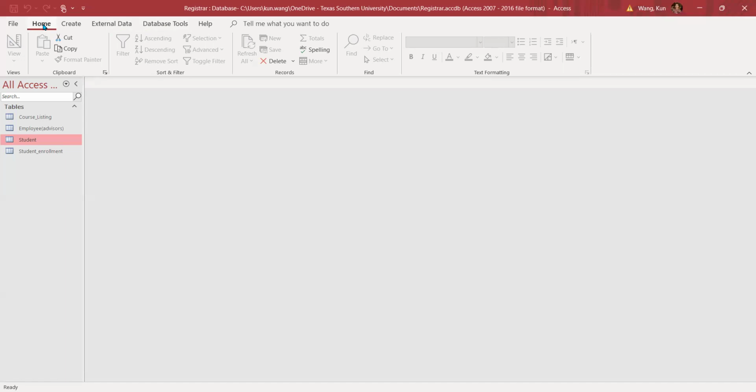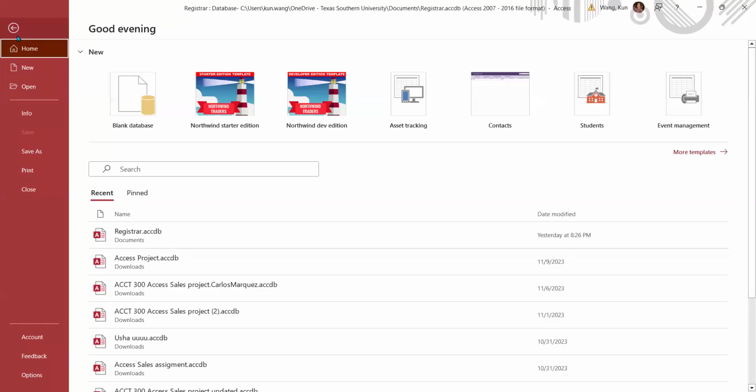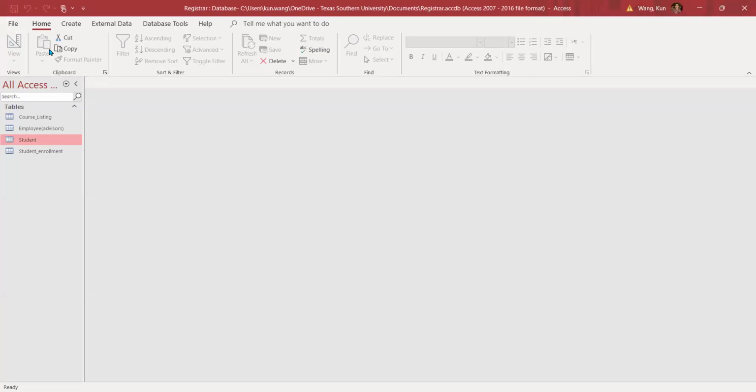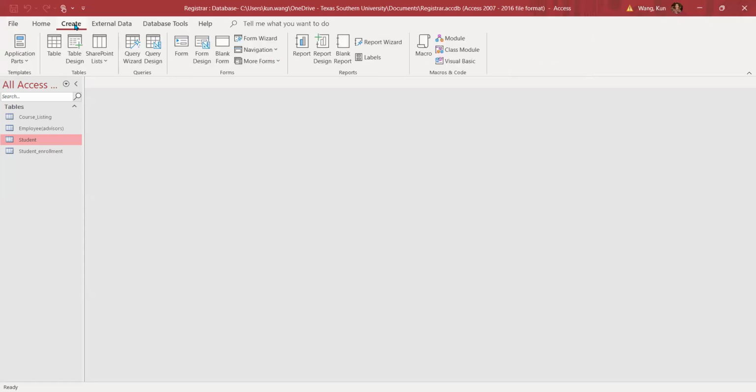And we have the Home tab. Okay, this is Home. And then you have File. File is similar to Word or Excel. You can save, you can open a new database, and you can even use some templates. Basically it is for saving the database you work on. And Create is a main tab or function we use a lot, especially when you try to build new